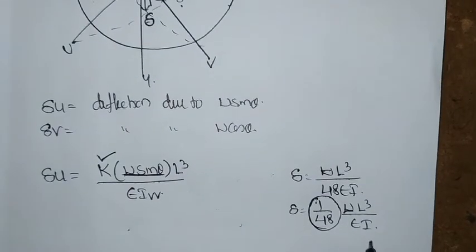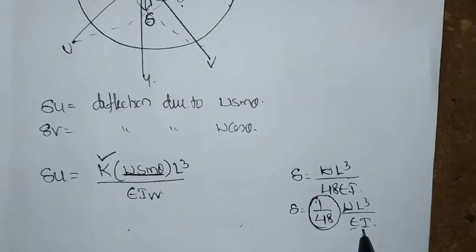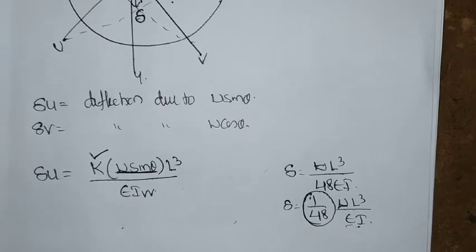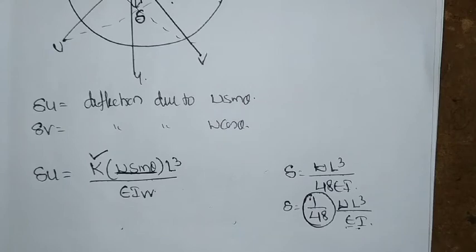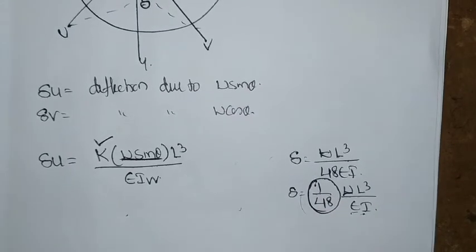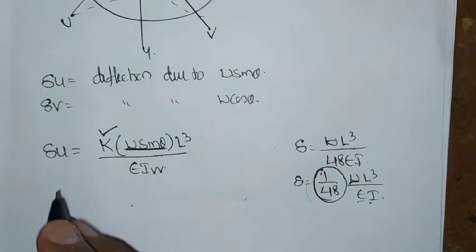Similarly, L cube is the same. Here E is the same. IVV is nothing but the moment of inertia with respect to the axis, whichever it is. If it is with respect to UU, here you have to place this UU. Similarly, it is for simply supported. Next, if it is a fixed cantilever section, some different sections are going to come up, so based on that, the K value is going to differ. Similarly, here it is a simply supported section, that's why I have given them.